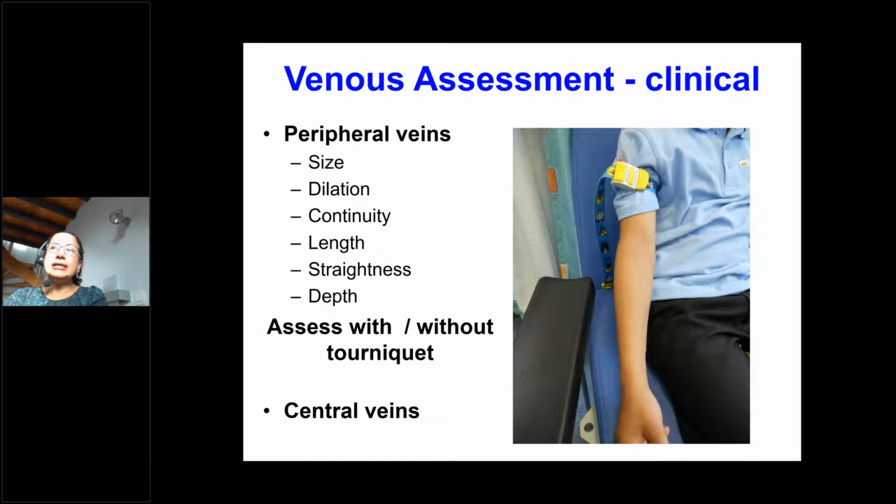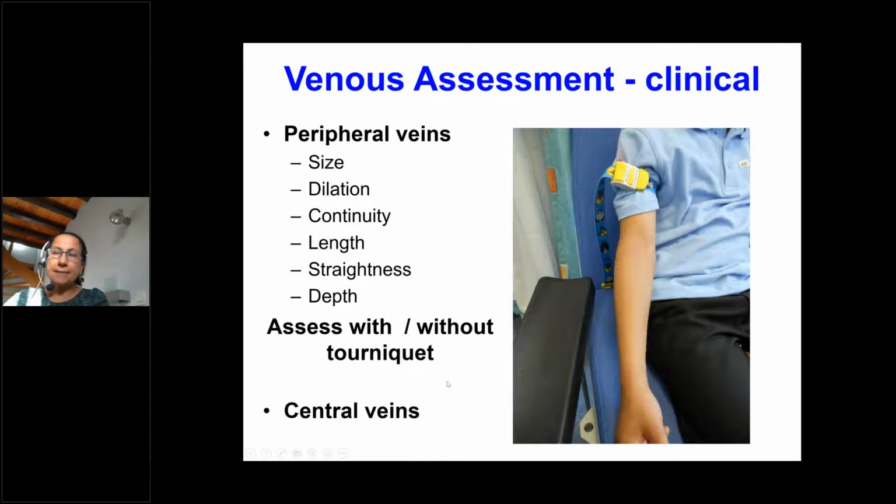Venous assessment includes both clinical and ultrasound based. On clinical assessment, we see the patient in a warm room so that there isn't peripheral vasoconstriction. We review the peripheral and the central veins and look at the vein for its size, dilatation, continuity, length, the straightness of it, and the depth of it. And we assess both with and without a tourniquet to see the maximum diameter of this vein